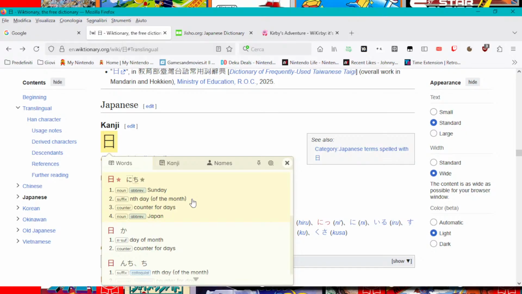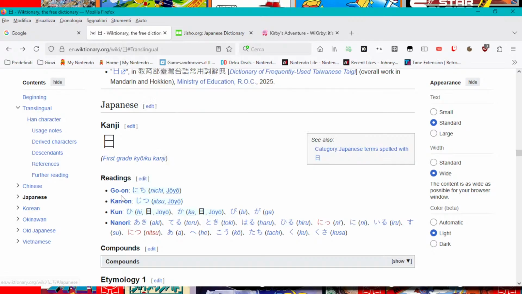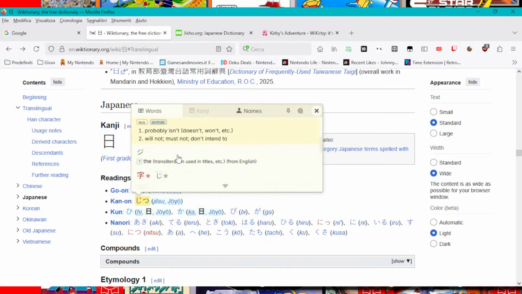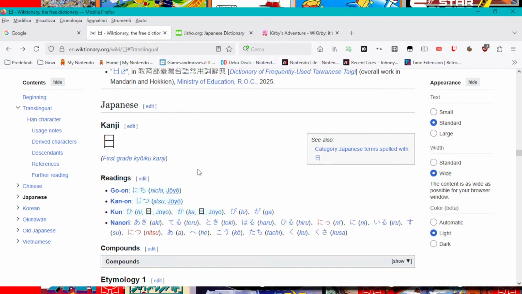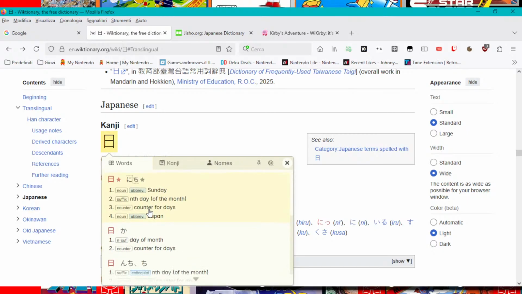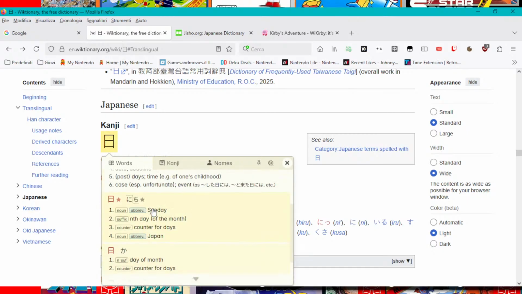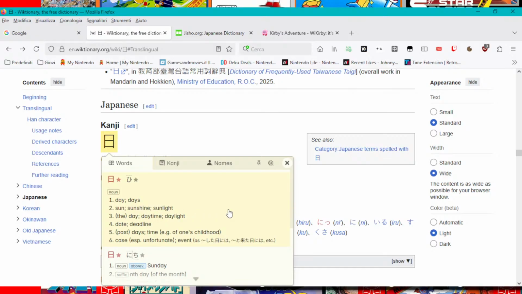So yes, Nichi, it's the go-on, the older one. And then we also have Jitsu, which is another onyomi. In this case, the kan-on, the more recent one, and it can be found in compounds. I think, for example,